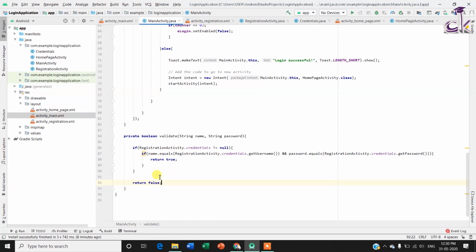Anyways, if you want to check it out, you can just remove this particular line. You can just use this if condition and run the app. And what you need to do is you can directly enter any particular credentials, and you will see that the app crashes. That is because you are accessing an object which hasn't been created yet, and it only gets created when you go into the registration activity. And the way you check for that is using this particular line of code. So at this point the code is complete and there are no flaws in the design, and it is fully secure now. So I can go ahead and run the app and check if everything works.